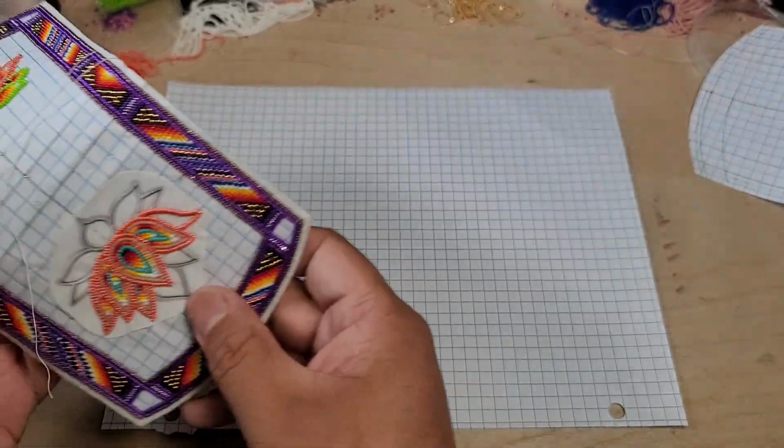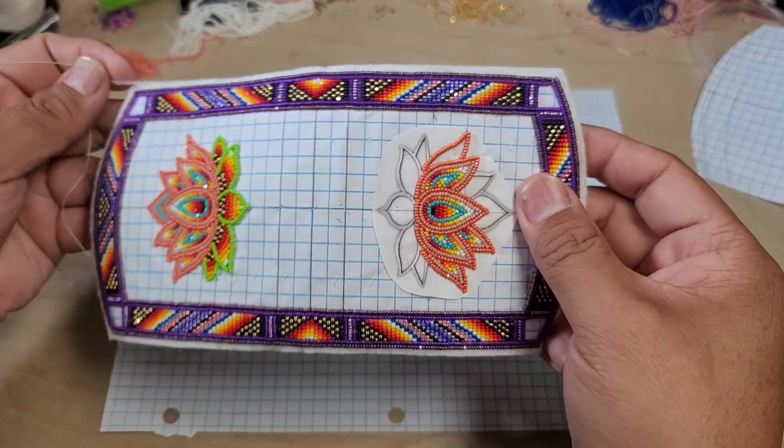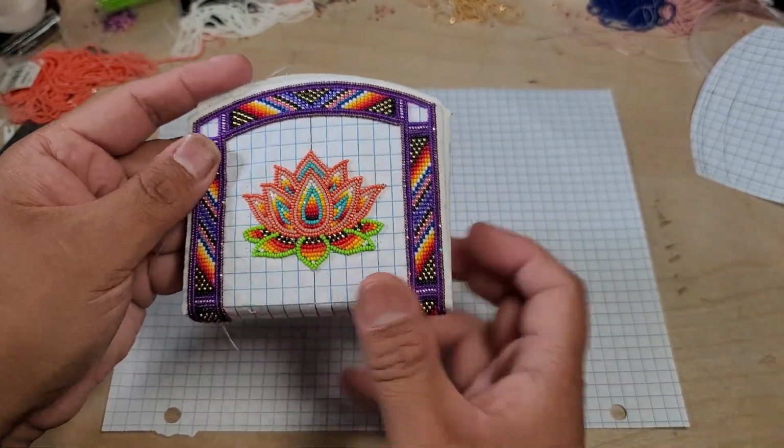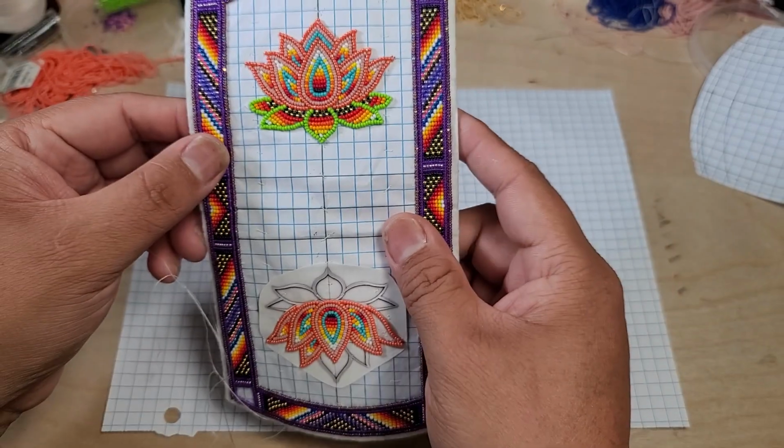So this is a video on how I do my layouts and my coin purses. Just like that, it's folded in half. So